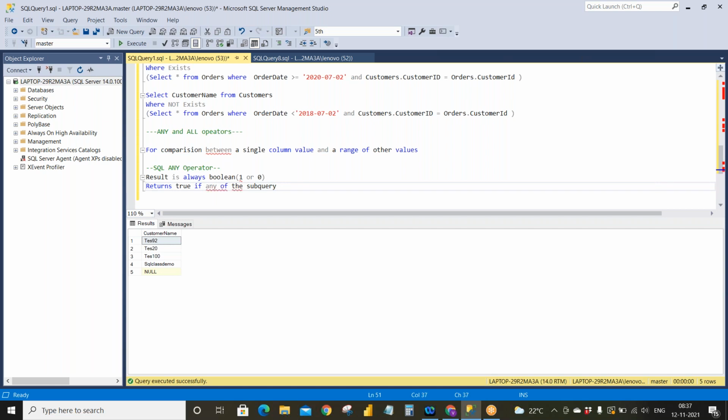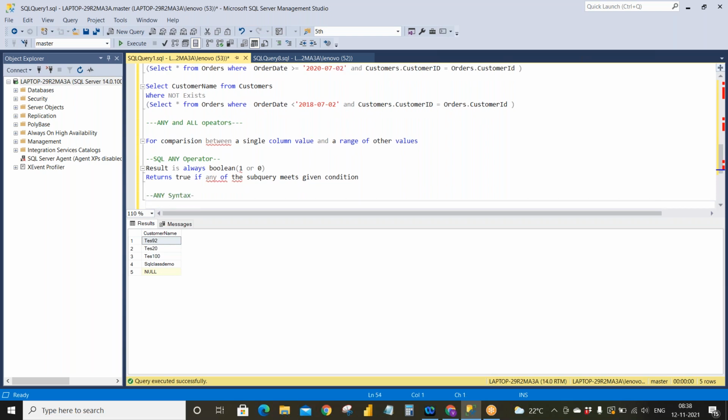And it returns true if any of the subquery values meets the given condition. So the syntax goes in this way.